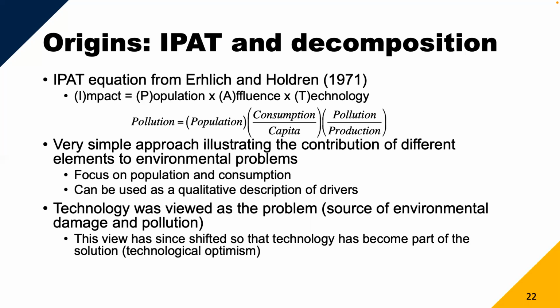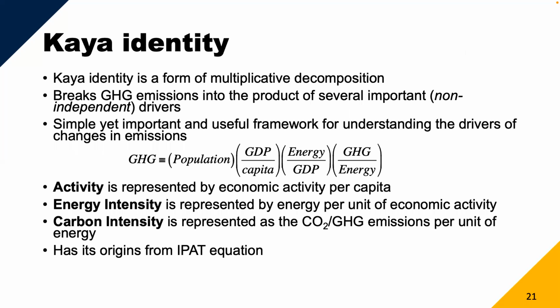So the Kaya identity is related to this initial instantiation of decomposition breakdown. A really simple approach, thinking about population and consumption. Really thinking about both of these, where do they factor in emissions from the grid and actual production? Okay, so for example, in this previous one,